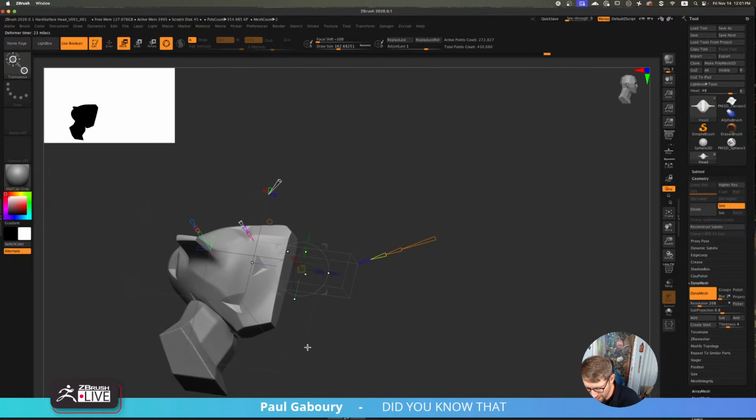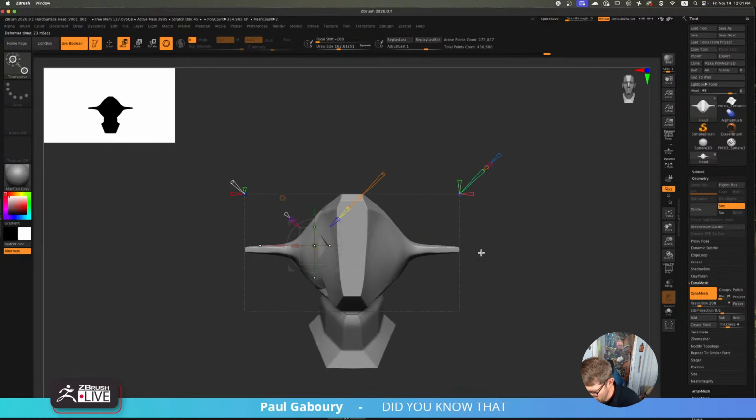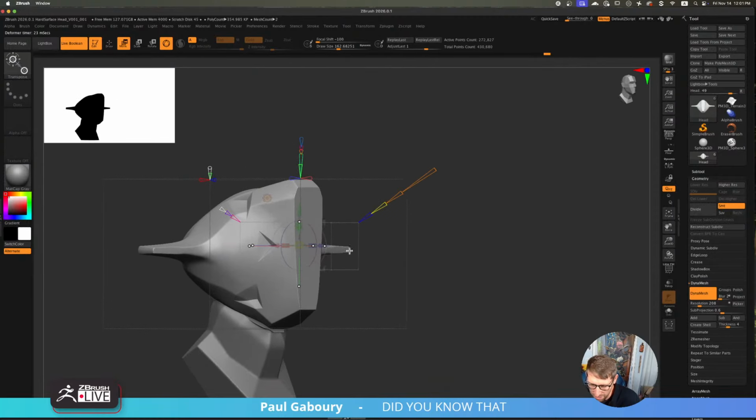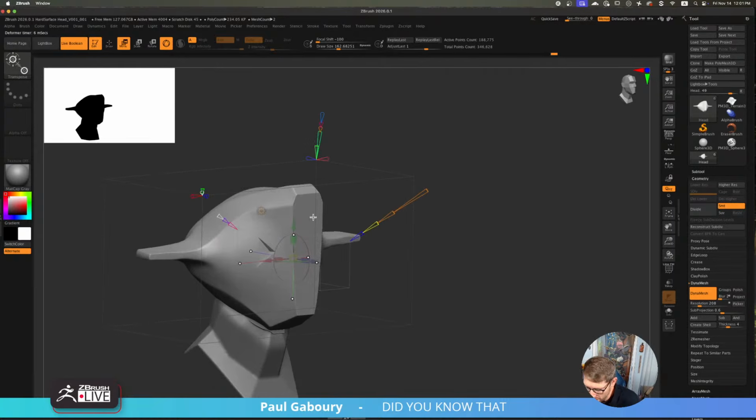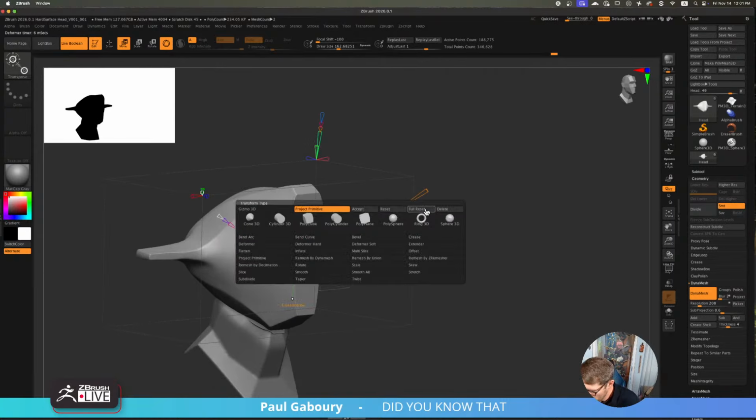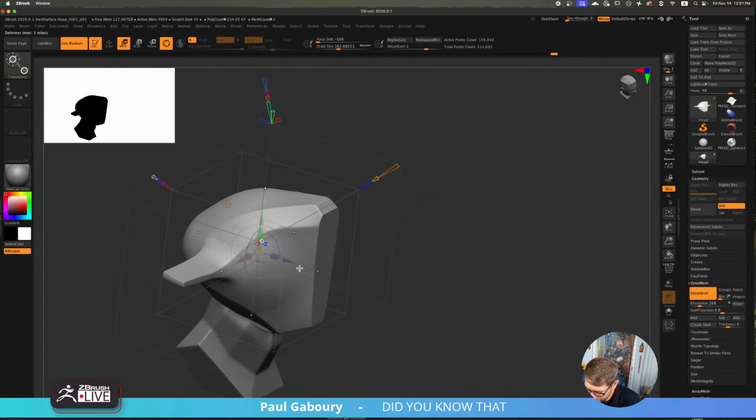So I could do something like this. Doing this fast, I wouldn't have been able to do this fast, right? So this is what you have, the ability to adjust these. Okay, and then if we reset this, let's do a full reset.